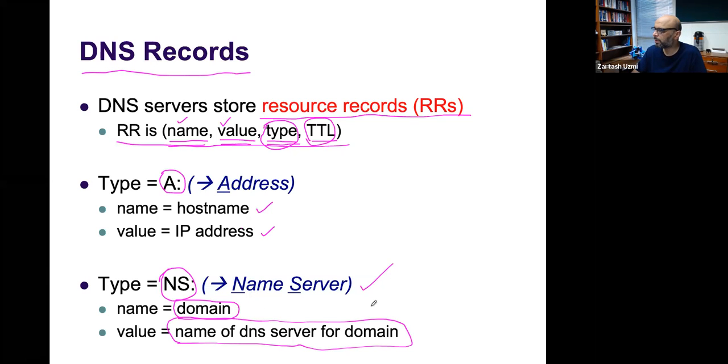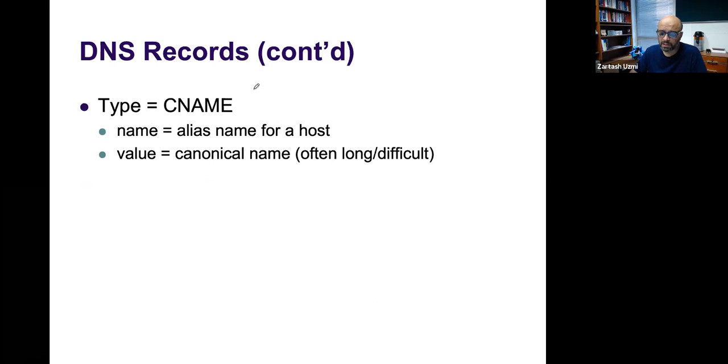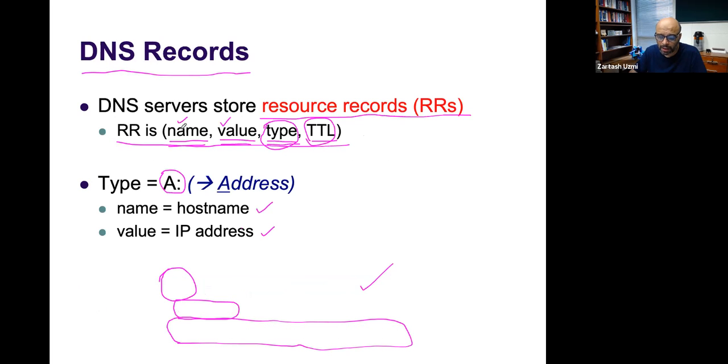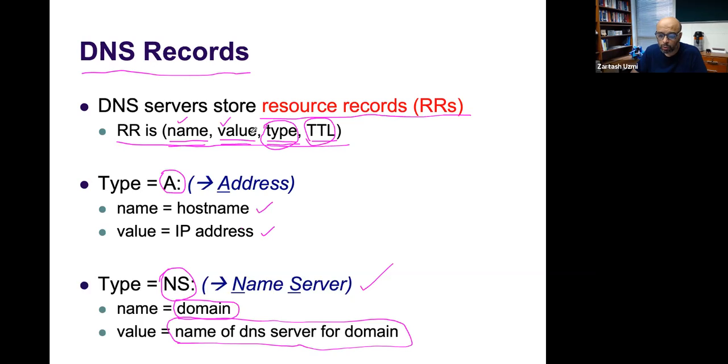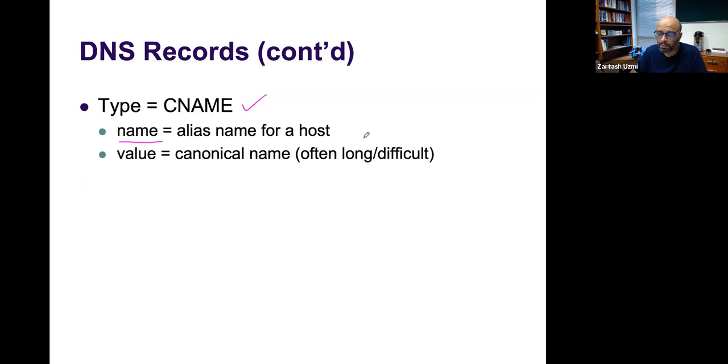So there is another record which is called the canonical name record, and the reason that this exists is because you can have a name as the alias name for a host. Remember we said a resource record has a name and a value. So the name is the alias name, an easy to remember name, and the value will be the canonical name,